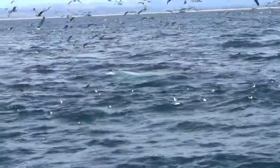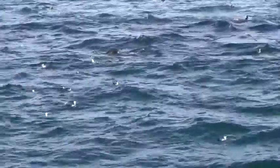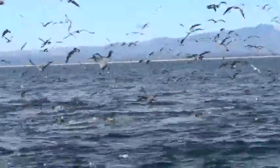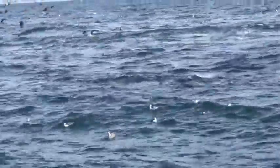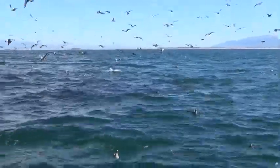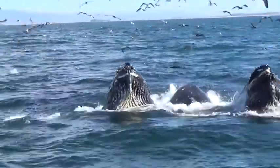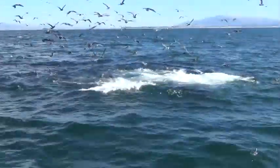and you can just hear them screaming right now. They are wanting to get a free meal of sardines and anchovies, and the whales come straight up through these giant bait balls. It's called lunge feeding, so they lunge upward. You would think lunging would be downward, but these whales lunge upward through the mass. It could be like a 30 by 30, 60 by 60 huge black cloud of sardines and anchovies, and you never know where these whales are going to pop up,